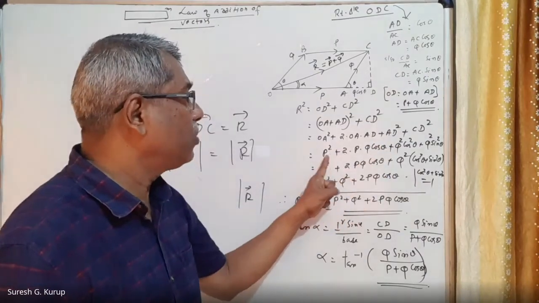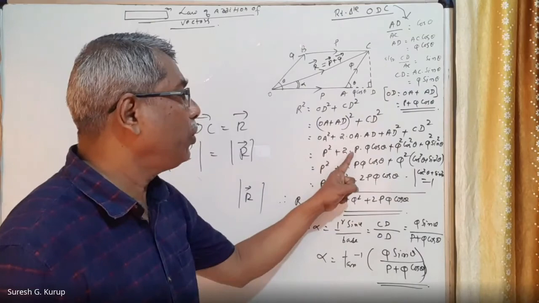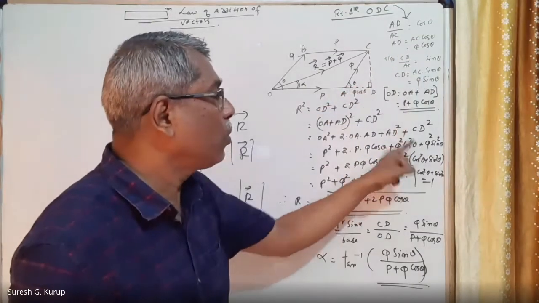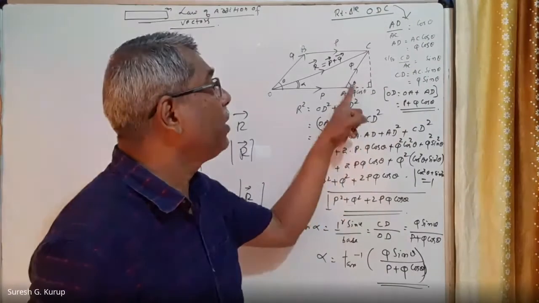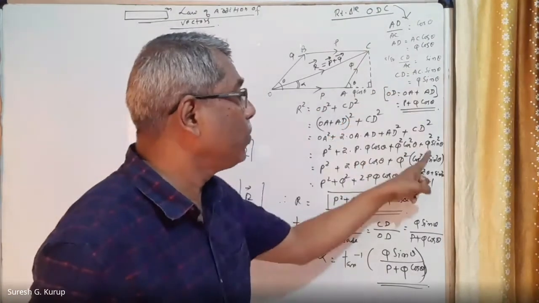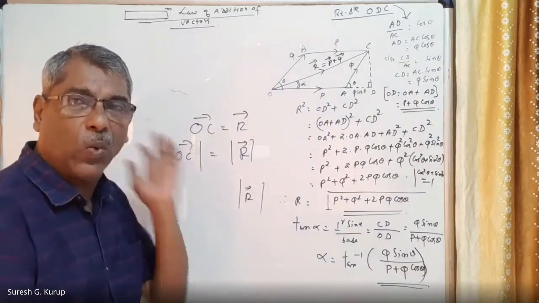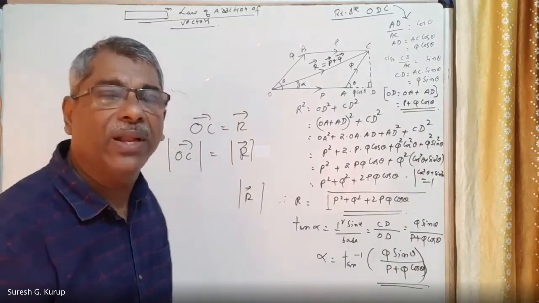That means P square plus 2 into P into Q cos theta plus AD square. AD square means Q square cos square theta, plus CD square. CD square is Q square sin square theta. Understand? So this is how we can calculate the resultant value of the